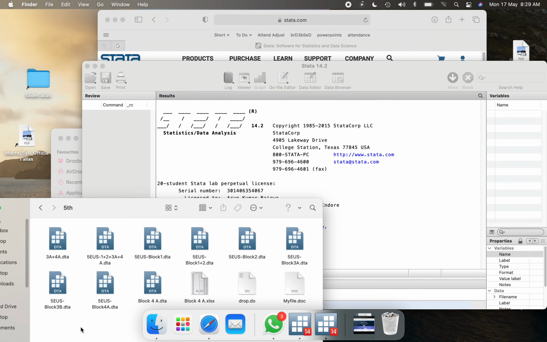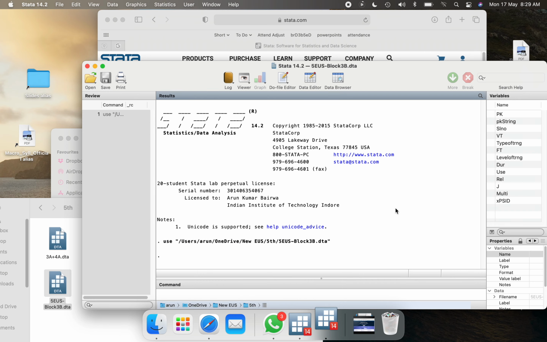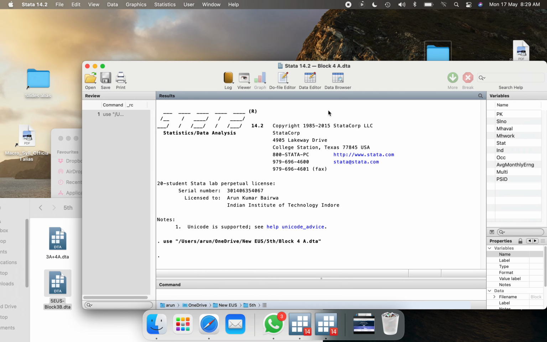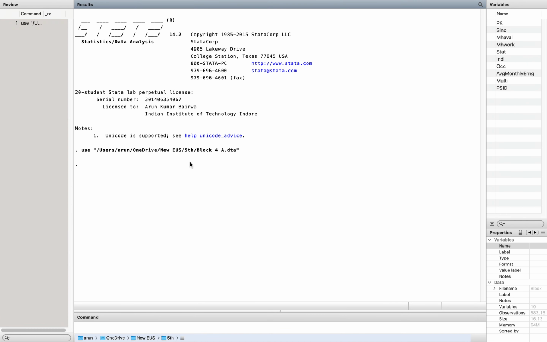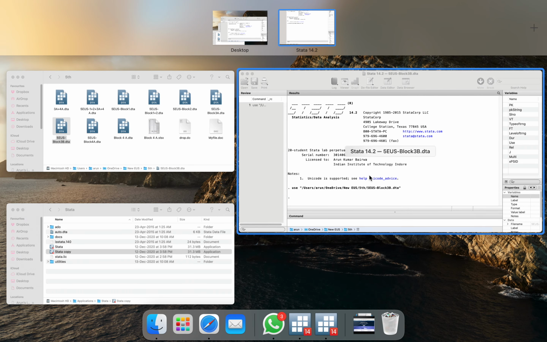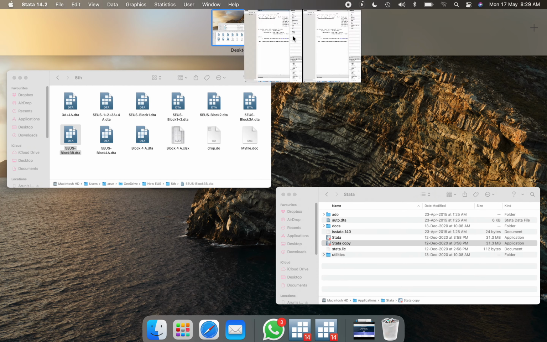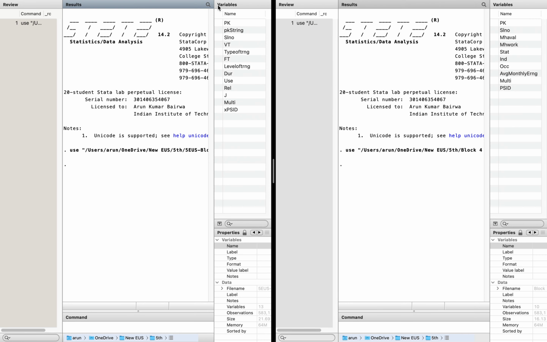Now in this other one we'll open, for example, 5 block 3B. Now we have opened it here. See, this is also open, and the other one is also open. I'll show it in full screen. This is the first data set and this is the second data set. I'll put them side by side.